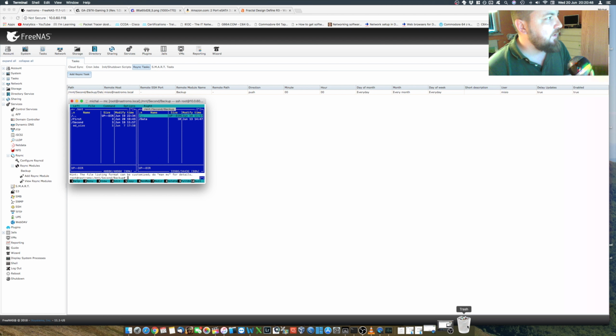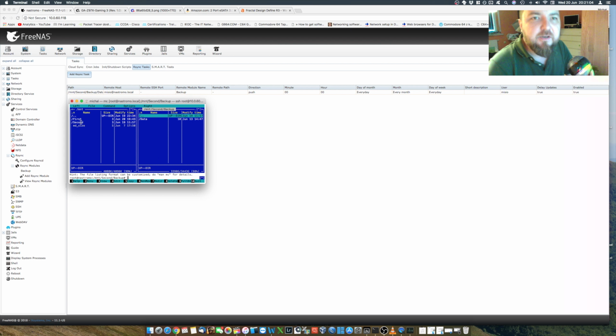So that's the way you can set up AirSync to copy the data between. Someone asked me in a comment if it's possible to copy the data to an external drive, and yes, you can connect a drive via USB. It will be mounted like the data set. You will see your USB drive as a mount point, and you can set up an AirSync module to copy the data to this external drive,